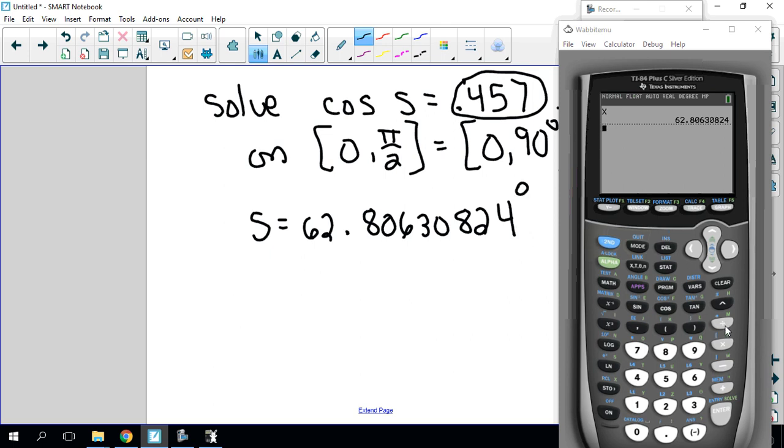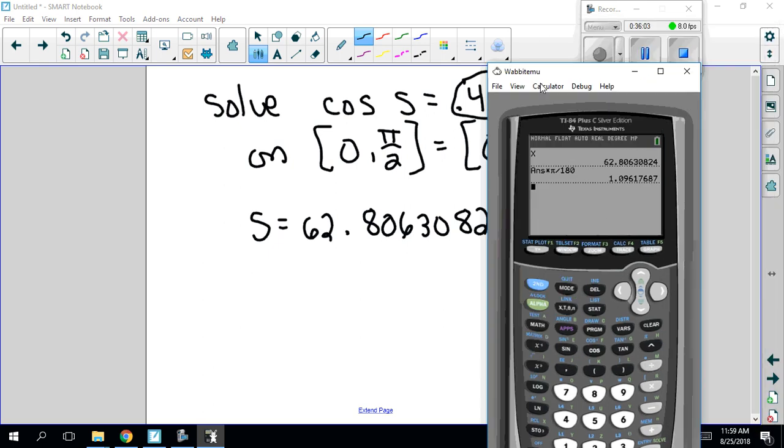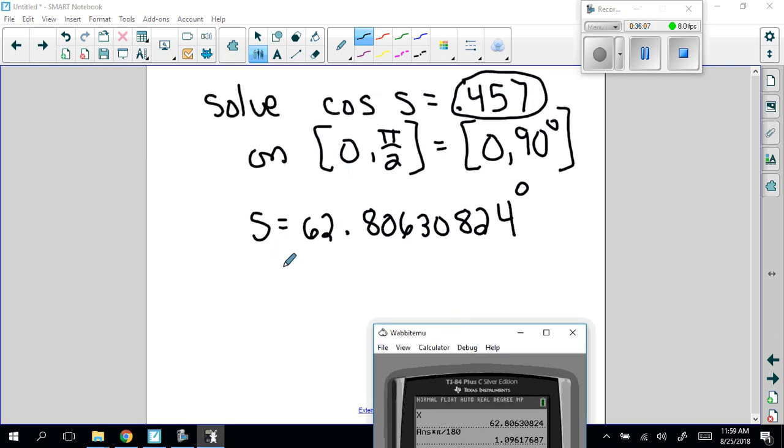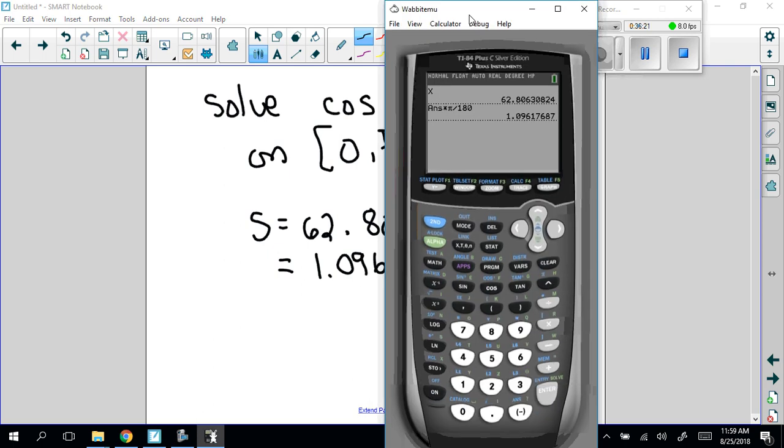You can go times pi divided by 180, and you get the answer they're looking for, 1.0961767. You don't need to write rad, just don't put a degree symbol. So in this case, that's one way to cheat. Or the other way,